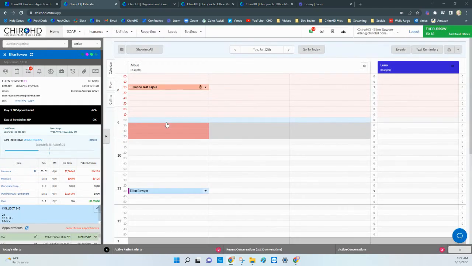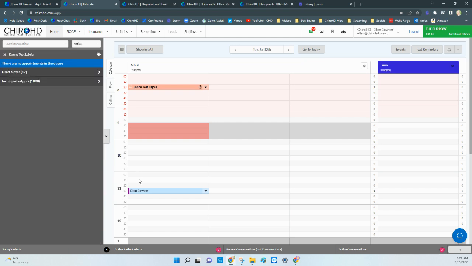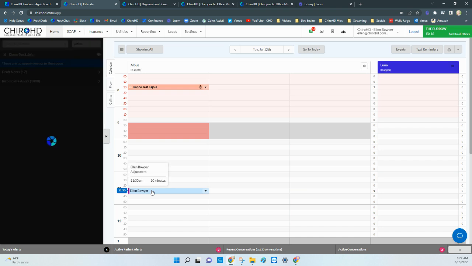In this video, we're going to cover the patient snapshot. This over here on the left-hand side is what we call the patient snapshot. It's just a quick overview of a lot of data or shortcuts to get what you need to help manage this patient. You can open the patient snapshot by either clicking on the patient's name on the calendar,